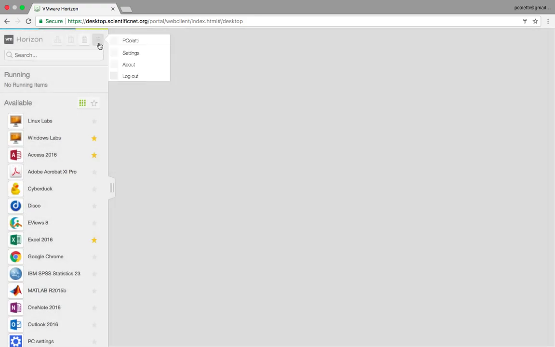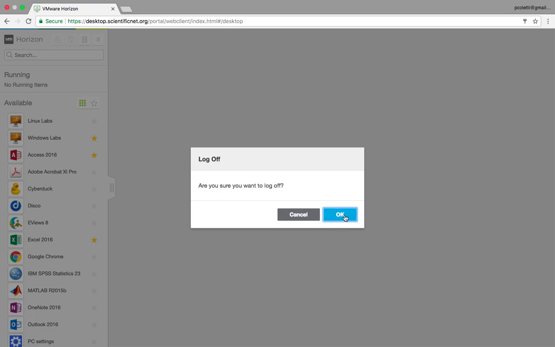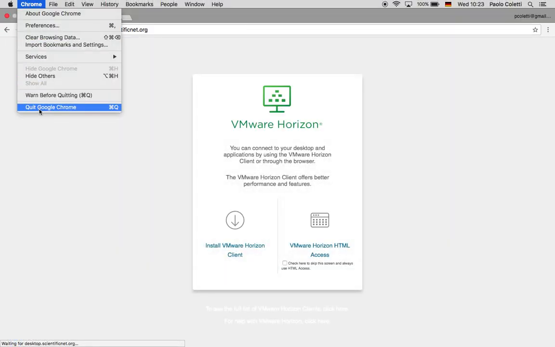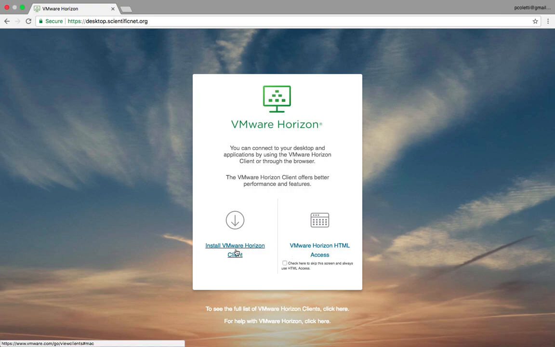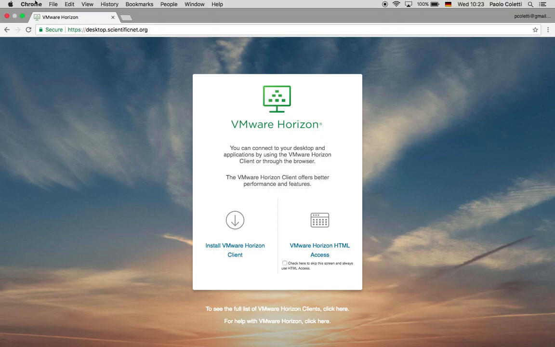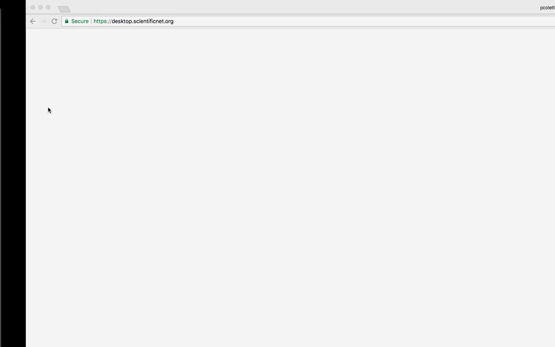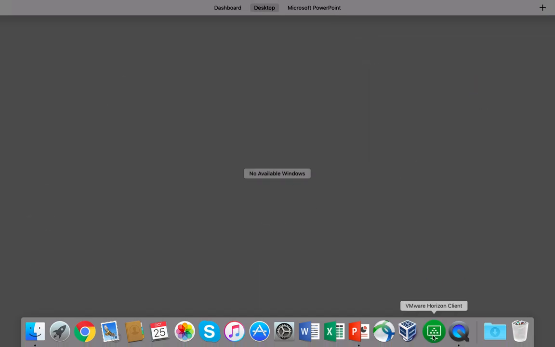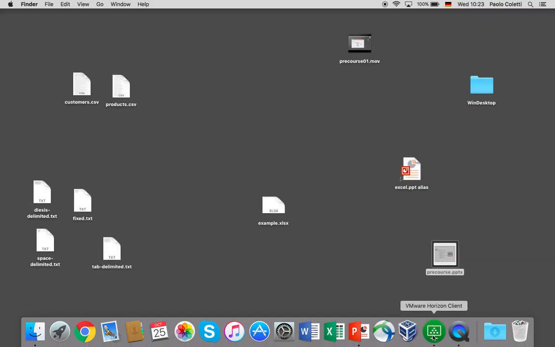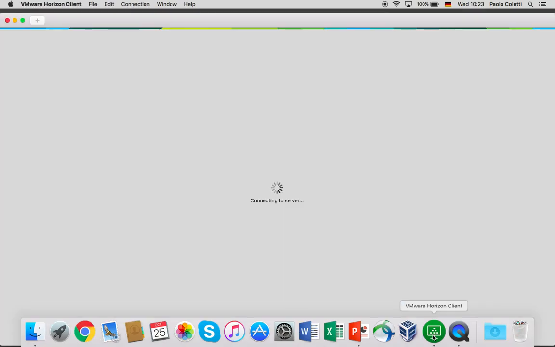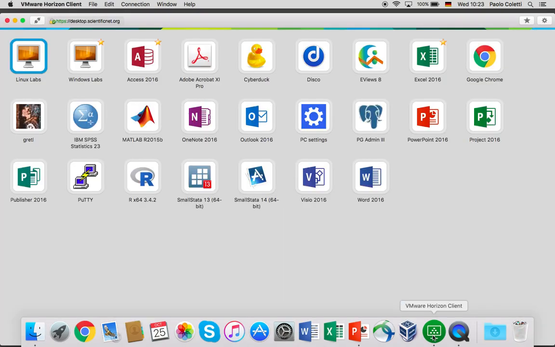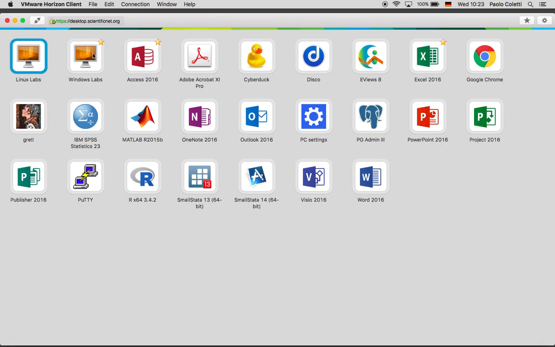I also log off on the VMware client and shut down my browser. Can you see? Here you have the possibility to install your client. I strongly suggest it if you plan to use it regularly, or at least if you plan to use it for the exam. I have already installed my client. Now let me shut down Chrome completely. The client is here, this icon. When you click on it, you see the very same interface that you see while browsing, but it's much faster. Again, you have access to all the things that you have access to in your browser, but usually much faster.